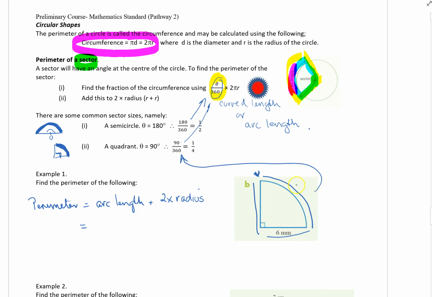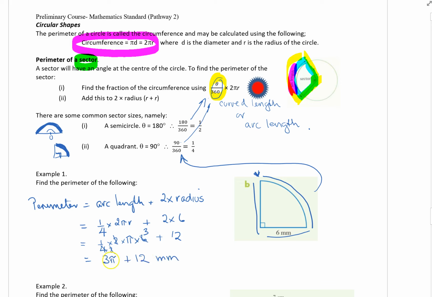It's this case. I only want a quarter of the full 2 pi r, the full circumference, and I want 2 times the radius, which is 6. So I want a quarter times 2 times pi times 6, plus 12. So it is 3 pi plus 12